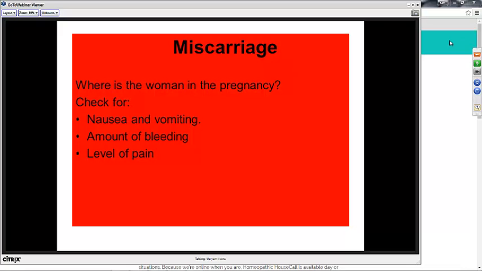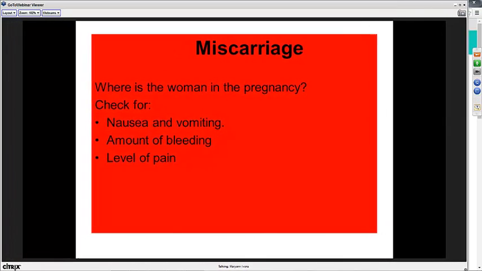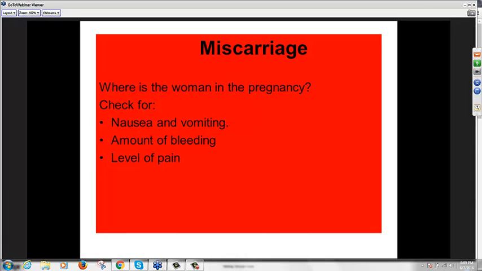Miscarriage is one of those slippery slopes. You really have to know where the woman is in her pregnancy. If it's in the first trimester, the miscarriage is undoubtedly more about a problem with the baby than a problem with the woman. After that, particularly if the woman has more than one miscarriage, it probably has more to do with her hormonal situation than with the baby. If it's her hormonal situation, it's a constitutional thing. There's no question about that.